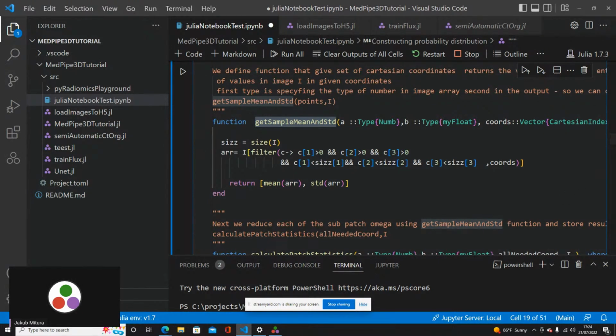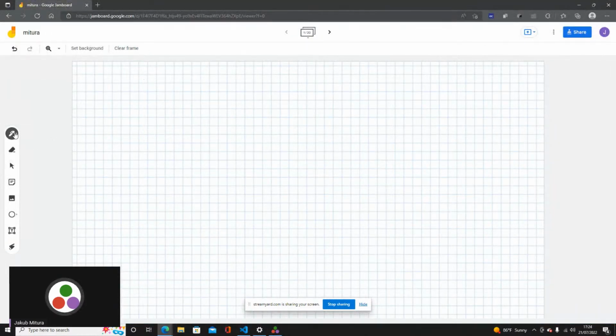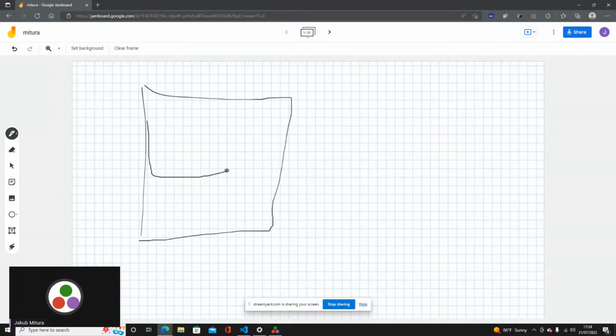Maybe I will explain the idea here now. We have this data, a grid of voxels. We know that the liver is somewhere here. We chose some voxel here, and we know its Cartesian coordinates. We defined some set of Cartesian coordinates around it, and in this green circle we have a set of voxels, which is just an array of numbers.